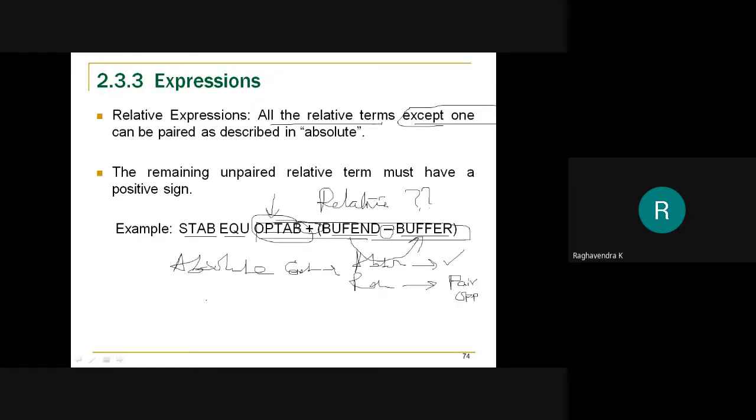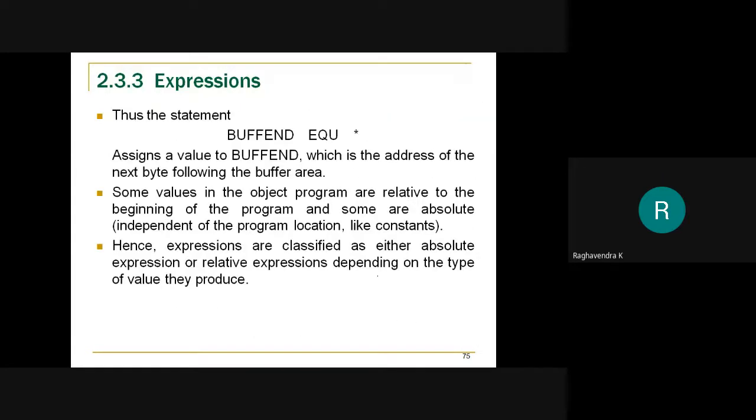Now, a relative expression is one that's made up of all relative terms. And what is the criteria? The criteria is that all terms must be paired with each other with opposite sign except one. So this is the way to build an expression or use an expression in your program.